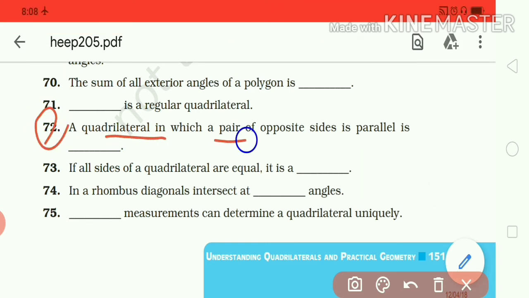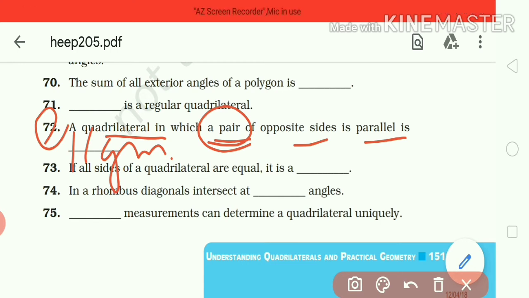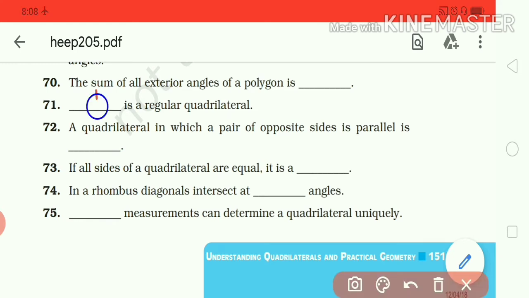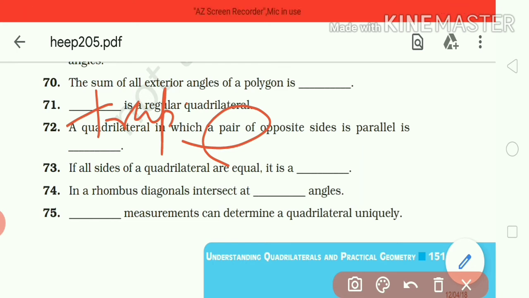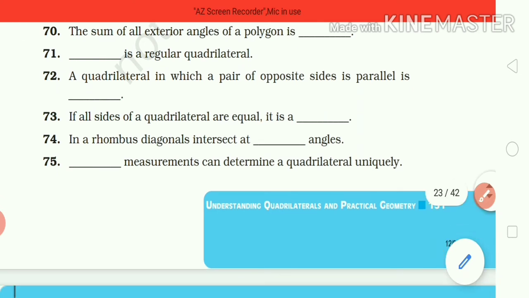A quadrilateral in which the pair of opposite sides are parallel is called a parallelogram. Okay, a pair of parallel sides can be a trapezium also, because one pair of parallel sides is there in the trapezium and two pairs of opposite sides are parallel in a parallelogram. For this I think I have to go with trapezium, because we have been given a pair, meaning one pair of parallel sides. This can happen in the trapezium only, and in the parallelogram we need two pairs, right? So next is question number